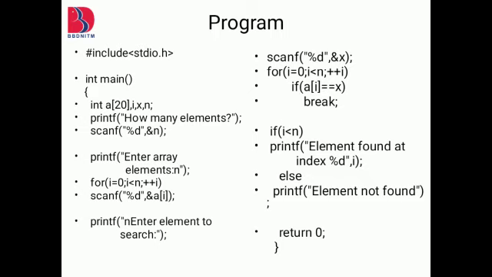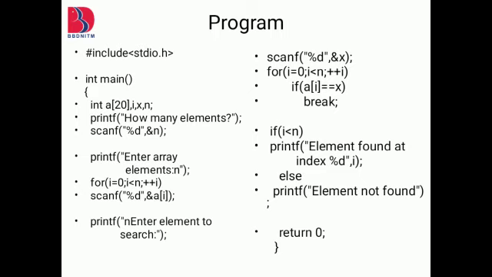Let's suppose I have taken i from 0 up to 9, and I have taken if i is equal to 5, break. Then you will get the output 0, 1, 2, 3, 4, 5. You are not going to get output above 5; 6, 7, 8, 9 will be terminated. Now let's suppose if I use continue in the program, then what output will you get? 0, 1, 2, 3, 4. 5 you will not get, then you will get 6, 7, 8, 9. That is the definition of continue.